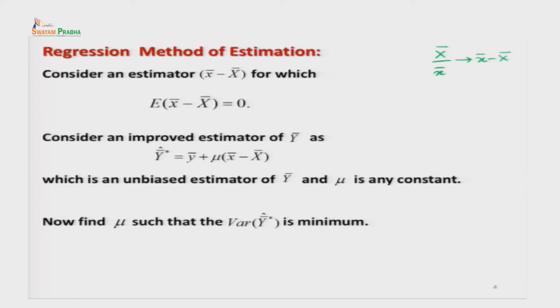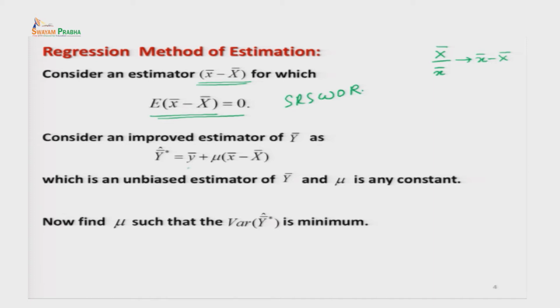And if you try to consider this quantity, small x bar minus capital X bar, as an estimator, then the expectation of this quantity is equal to 0. Why? Because you are drawing the sample by SRSWOR, or in general, simple random sampling. So now we use this concept and we try to propose an estimator